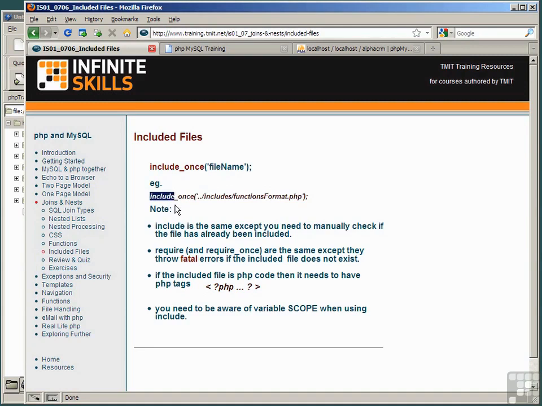Include, without the once, is exactly the same, except you need to manually check if the file has actually already been included. So there's little point in using include by itself, and far safer to use include_once. The keywords require and require_once are actually identical, except they throw fatal errors if the included file does not exist. So once again, there's little point in using require unless you're in debug mode and you want to